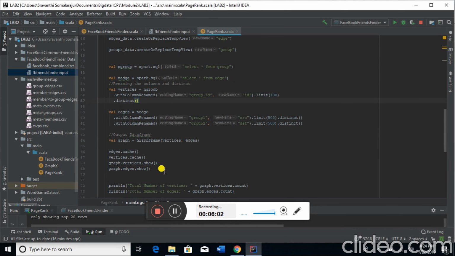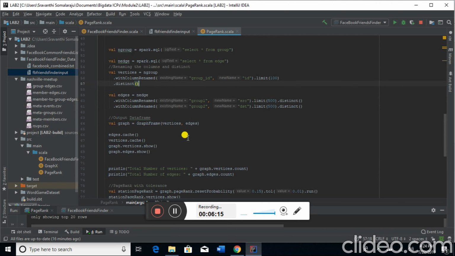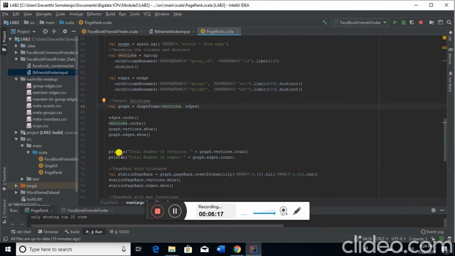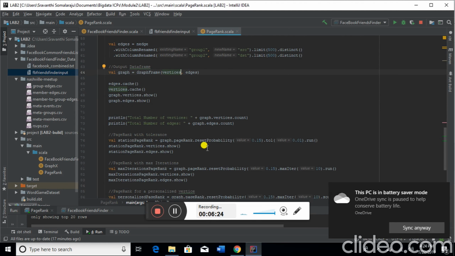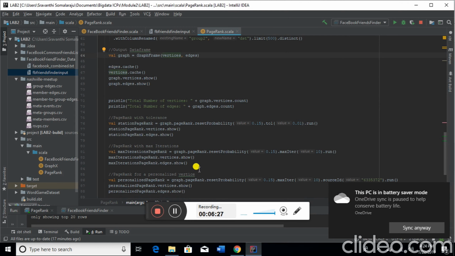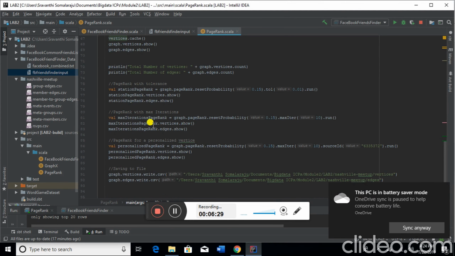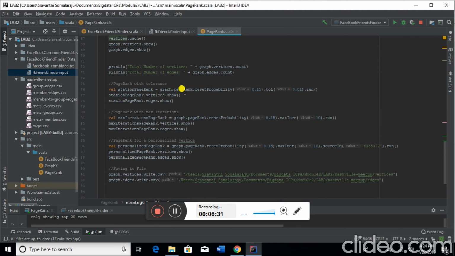in the edge dataset. To show our data frame, we have given a GraphFrame of vertices and edges. Since we are performing PageRank by using GraphX, we need to have vertices and edges here. And then here I'm printing the number of vertices and number of edges count. Then, coming to the question, we are performing PageRank with tolerance and PageRank with maximum iterations,